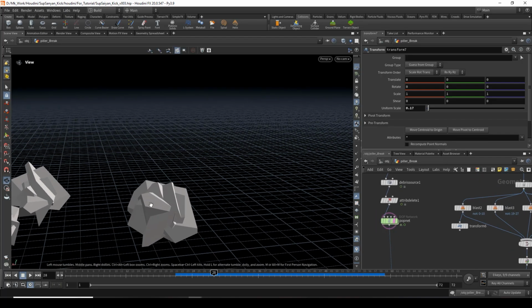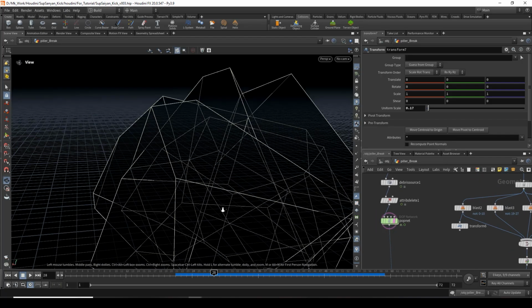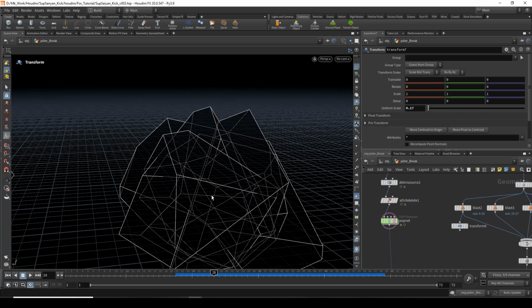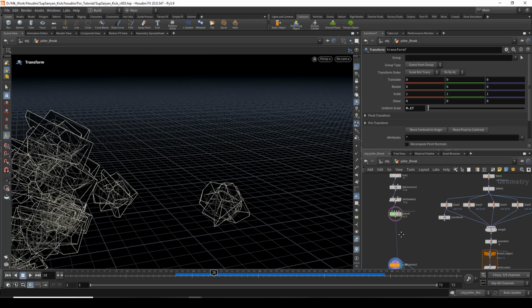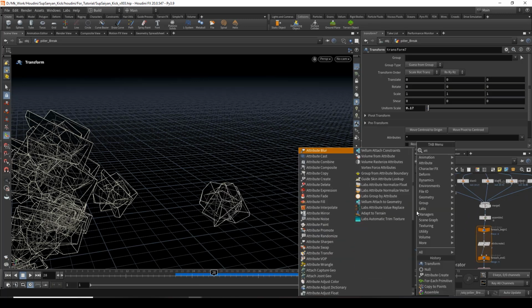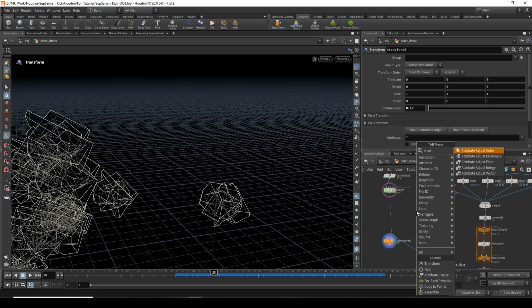If I go to wireframe, we can see we have a point here and all 5 pieces are coming on a single point. To get rid of this, I'll take attribute adjust integer